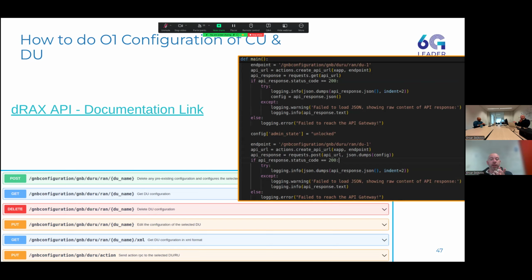Of course, a disclaimer, not all of these parameters are, let's say, fully dynamic. If you want to change the PCI of a cell, for example, you do have to restart that cell, right? Because the actual configuration of the cell is changing. So you have to take that into account. But for example, changing TX power is dynamic, so you can lower that live during the working of the network.